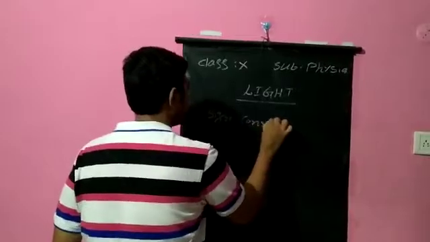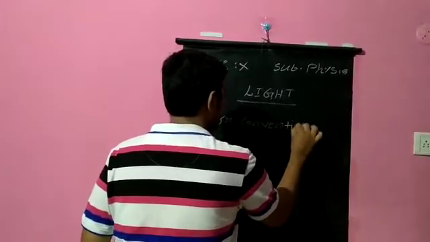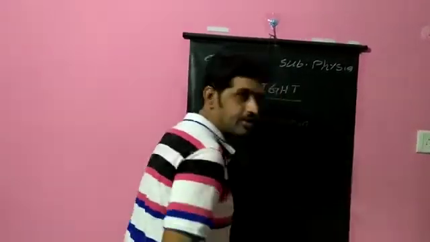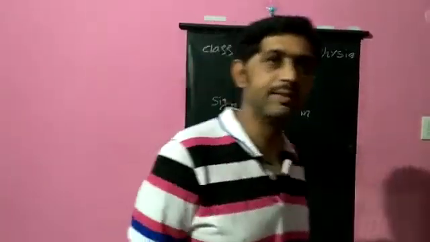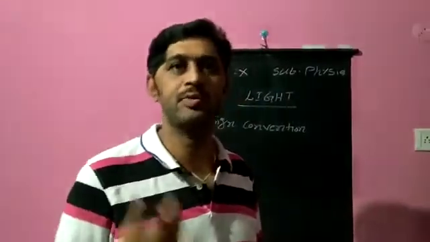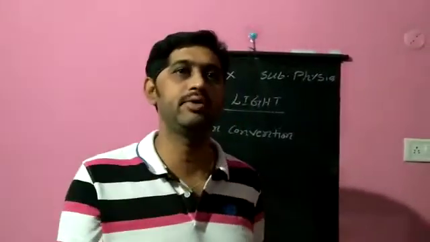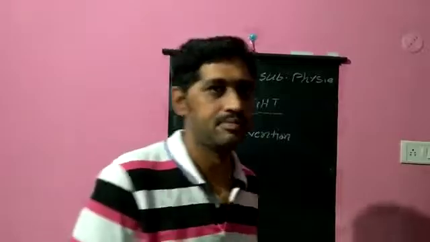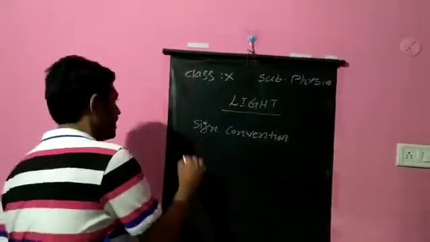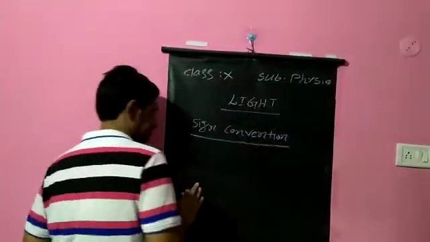Why do we need to know the sign convention? In the lesson on optics, whatever you are learning depends on the direction of the incident light, in which direction the light rays are traveling, and in which direction you are measuring the length. Based on that, the magnitude may remain the same, but the direction reverses, meaning the sign changes: positive becomes negative, negative becomes positive. So we need to understand the sign conventions of mirrors.